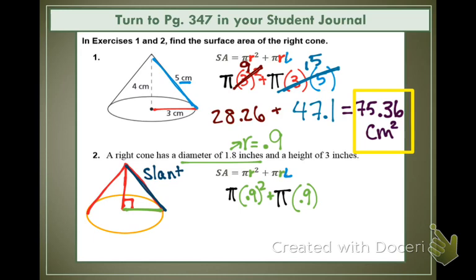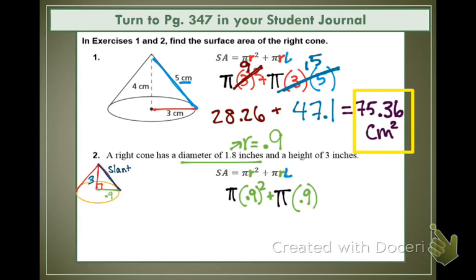What is this? Yeah, how'd you find that? Yeah, it's the radius. So it's going to be 0.9. We already found that. Do we have the height of the whole cone? It is 3. So now we have two sides in a right triangle. How can we find the slant height, that third side? Yeah, the Pythagorean theorem. A squared plus b squared equals c squared. So I'm going to move this. We're going to do a squared plus b squared